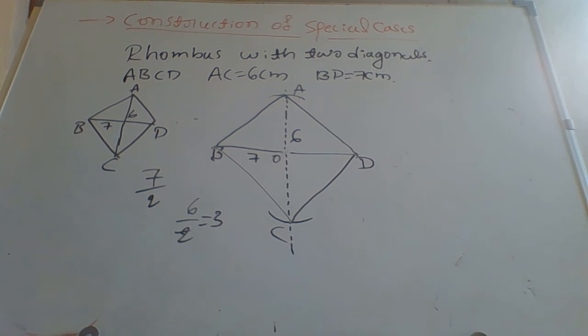So these are the different examples of how to construct quadrilaterals, and we discussed some special cases also. In the previous class I discussed constructing a square, and today we discussed construction of a rhombus with two diagonals. By these examples we can solve the exercises of chapter 4. So today I will start with exercise 4.1.